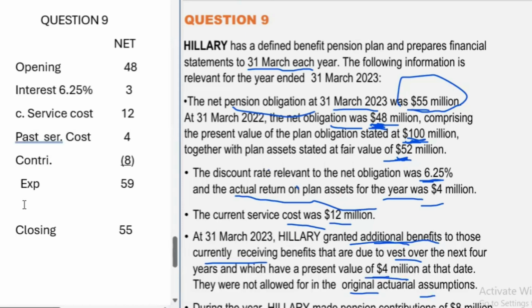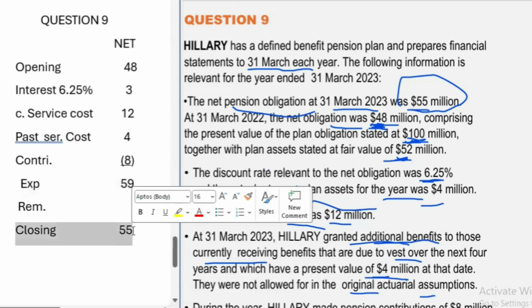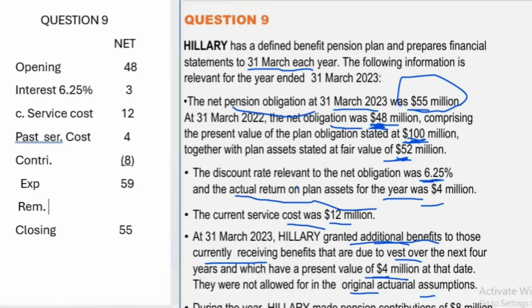With this 55, what will be the remeasurement loss or gain? Could you see that the remeasurement figure here will be a gain? Why is it a gain? What we are doing here is net, and it is a liability, net obligation. So the liability has gone down. The expected value is 59. The closing is 55. So the liability has gone down. So this is a remeasurement gain